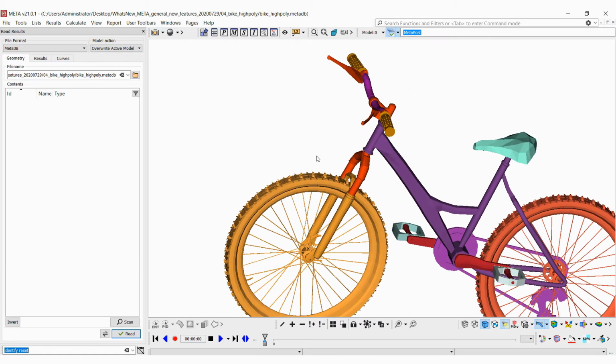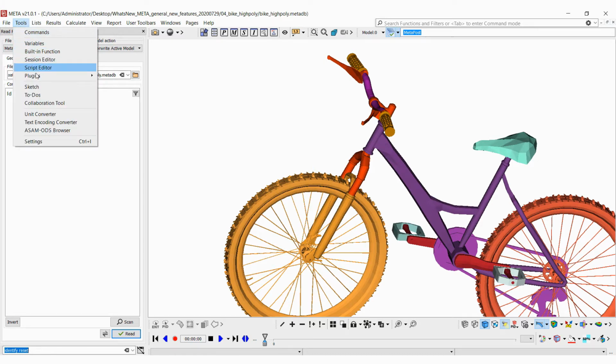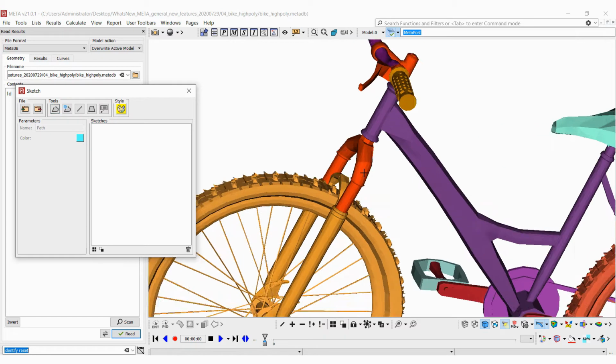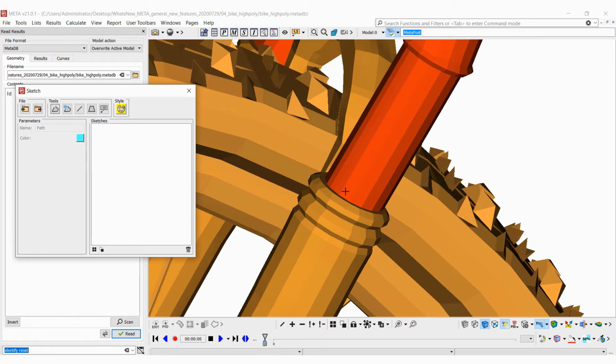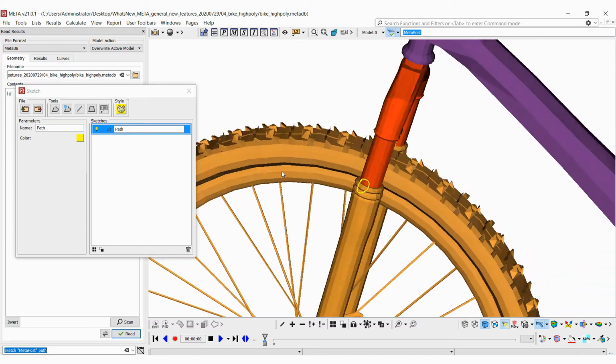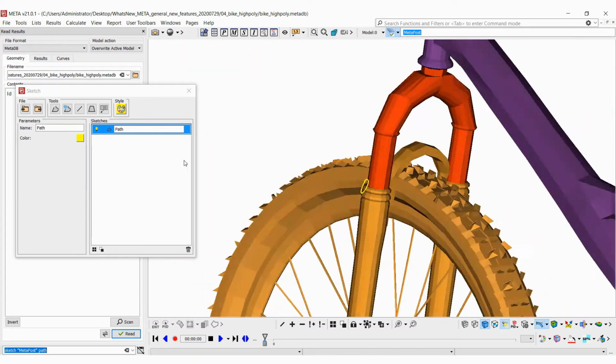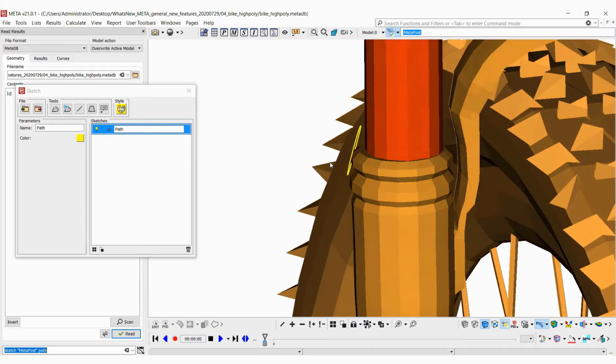We've got some new developments regarding the Sketch tool. So if we open the Sketch tool, so far for freehand sketches we had the Path tool. So if we create a freehand sketch using this tool, if we want to see something on a junction here for instance, and we create this sketch, we notice that if we rotate the model to a different view or a different angle, the sketch is not attached to the surfaces and it's basically on the air.